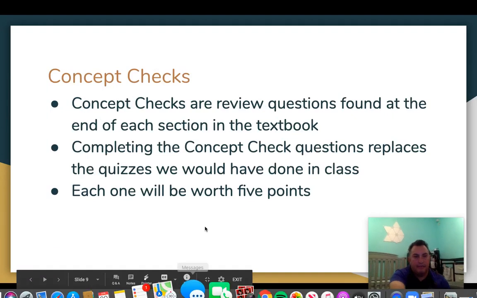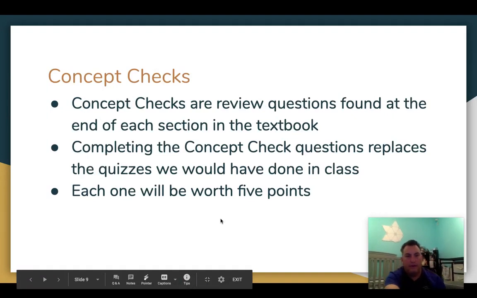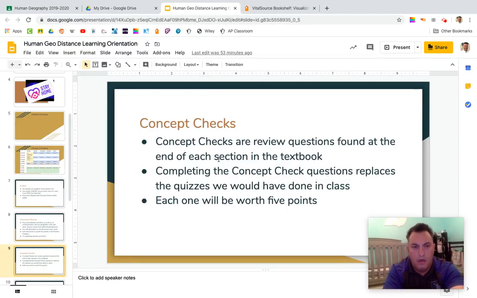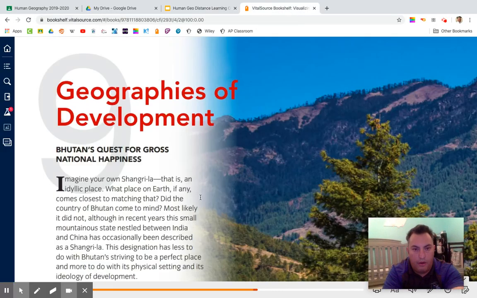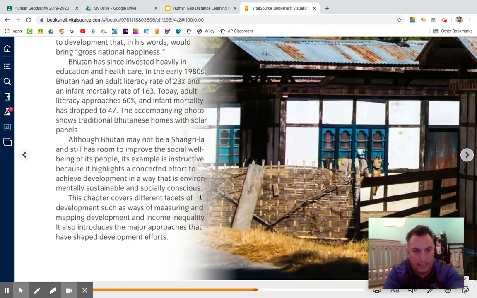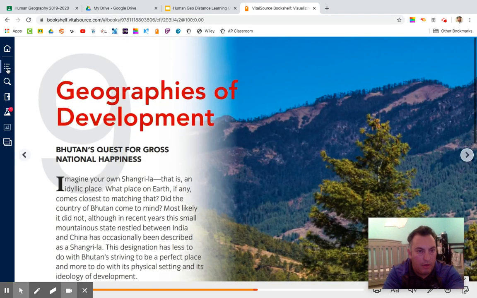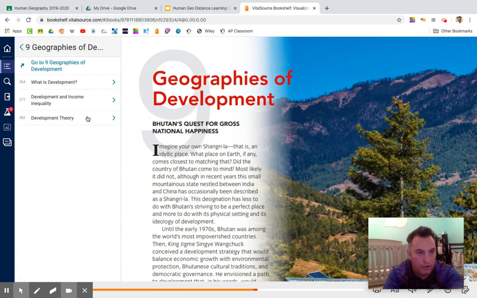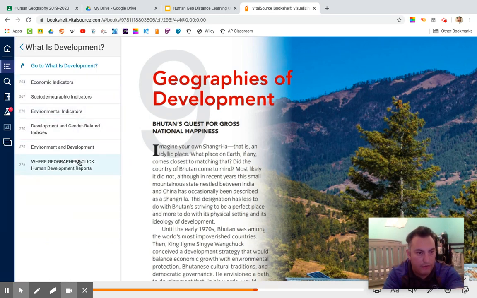Let's talk about the concept checks. Concept checks are review questions found at the end of each section in the textbook. If we actually escape the Google slide and go to the textbook, here's my online textbook. Let's go to the table of contents. We're going to be starting with chapter 9. So if you go to the end of section 1 of chapter 9,